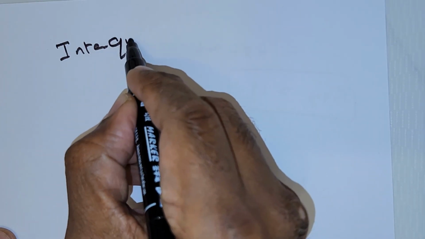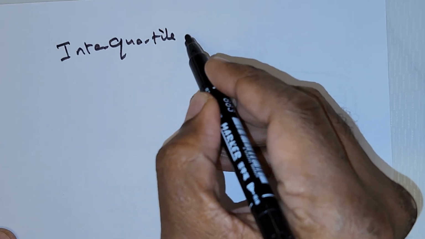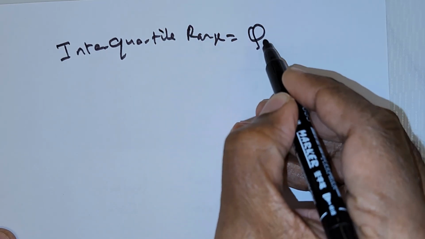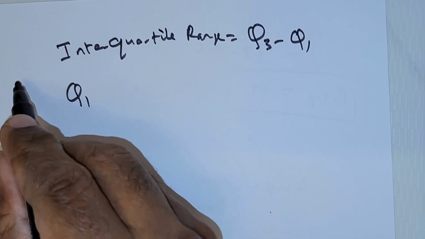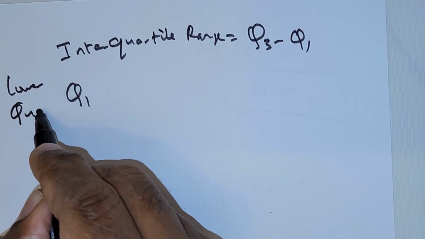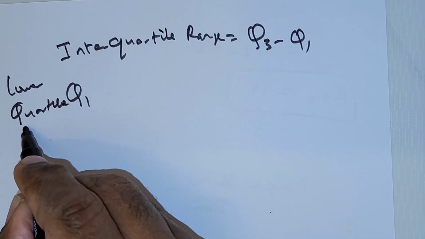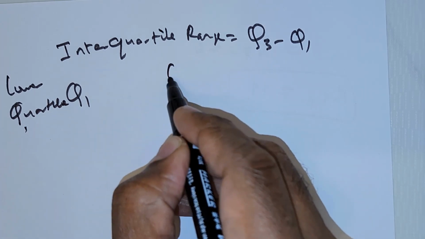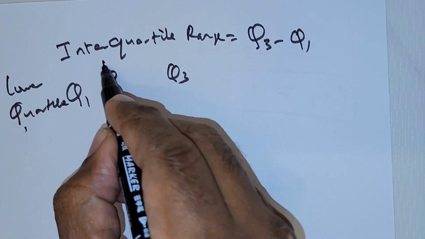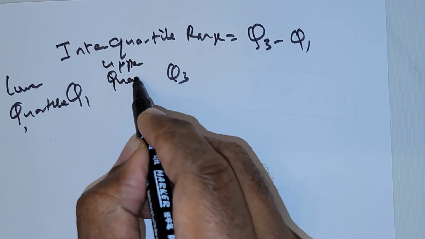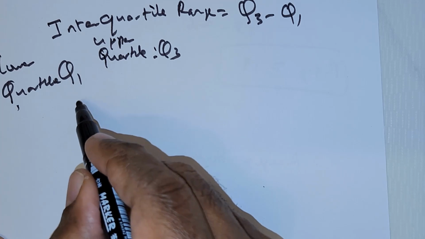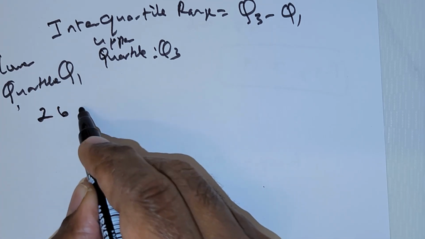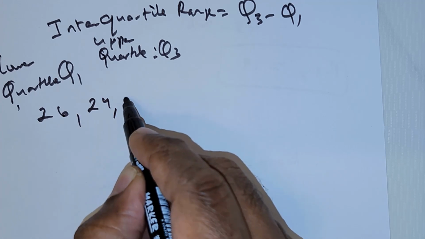So next we are asked to determine the interquartile range, which has a formula Q3 negative Q1. Now Q1 is called as the lower quartile, and we have what is called as the upper quartile, which is Q3. Now to get the Q1 and Q3, foremost we will have to have the values 26, 29,